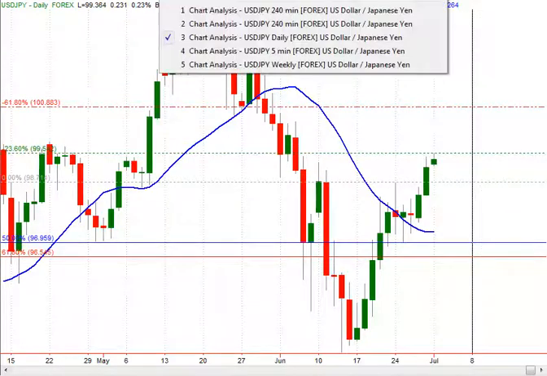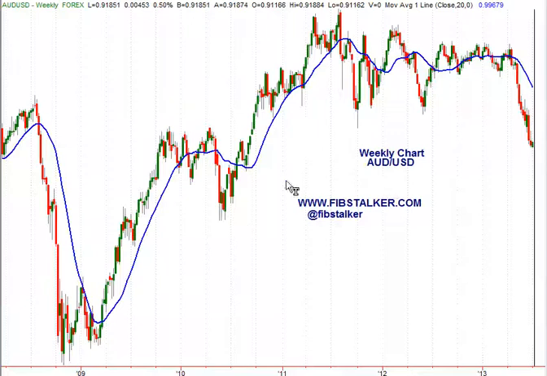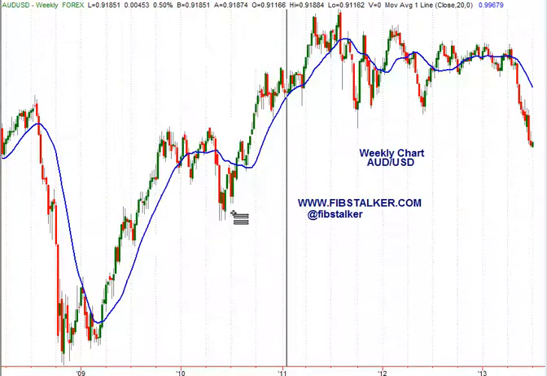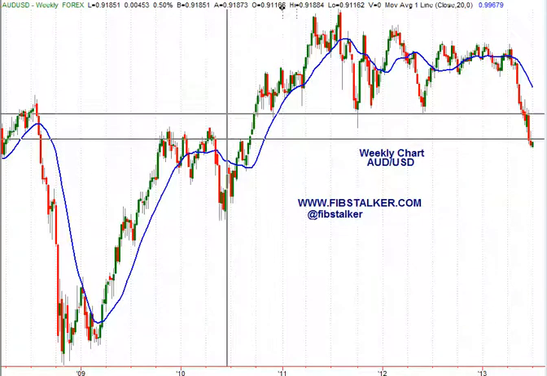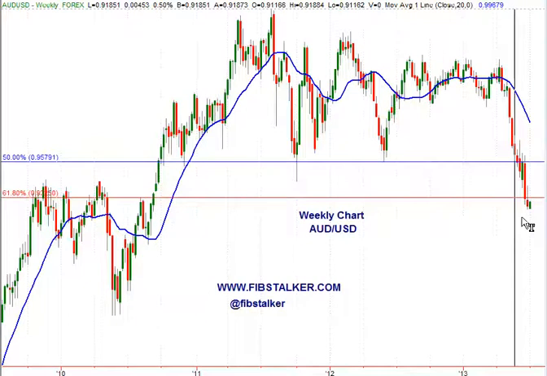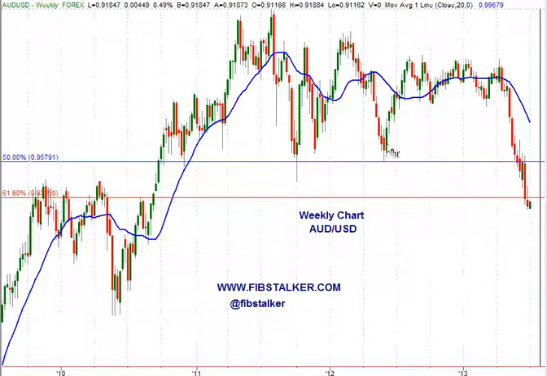So let's move to the last market, the Australian dollar versus the US American dollar, and we know that this market is in big danger here, and of course this market is kind of being conditioned by the short manipulation that is being done on the short side in gold, and as we can see with price moving below